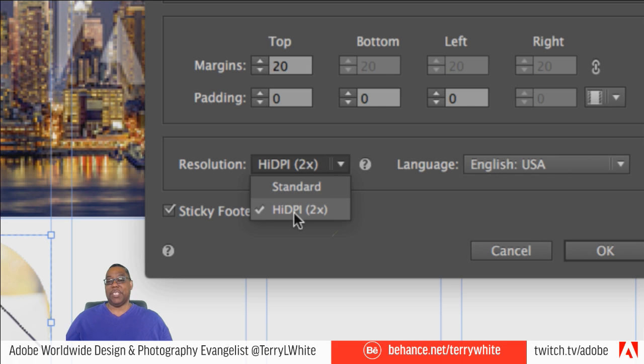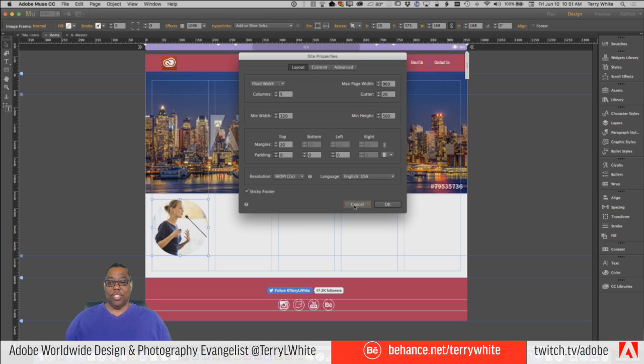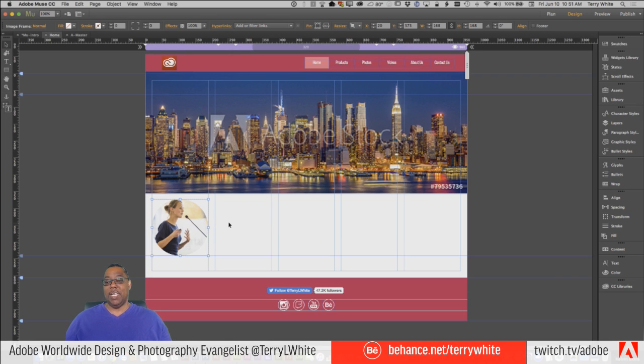If not, then it's best to let Muse do it, because Muse will make the two graphics it needs. Because I brought the image in larger than it needs to be for that spot, when Muse makes it that size to fit, it will also make it 2 times. It will make one that's 168. It'll make one that's 2 times 168 for high DPI displays.